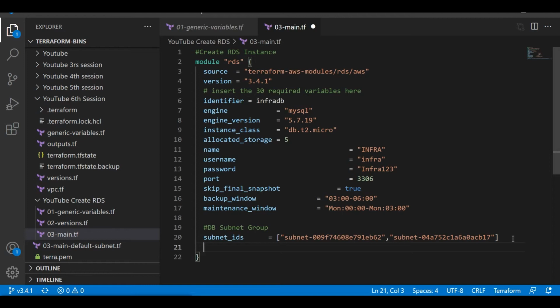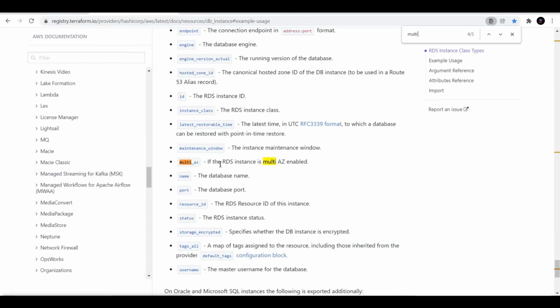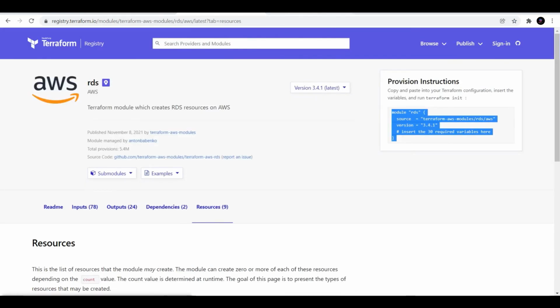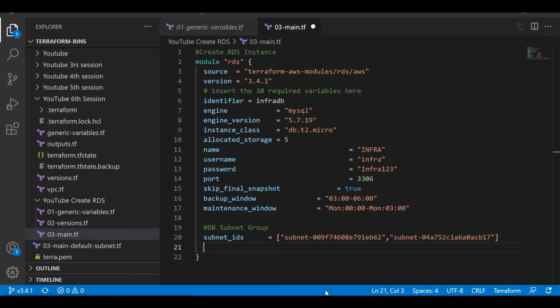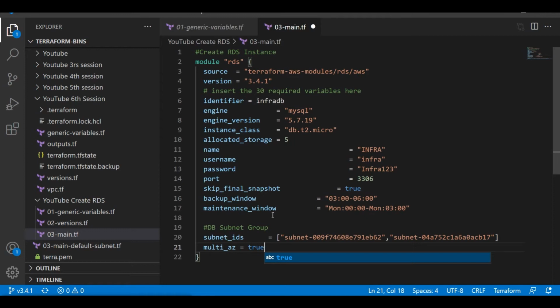Now comes whether you need to proceed with multi-AZ or not. By default, multi-AZ is false. By default this is false. So you need to enable it to proceed. So for that, multi-AZ equals true. If you give this, you are hard-coding it and it will be true. But if you want, you can do it like this, or